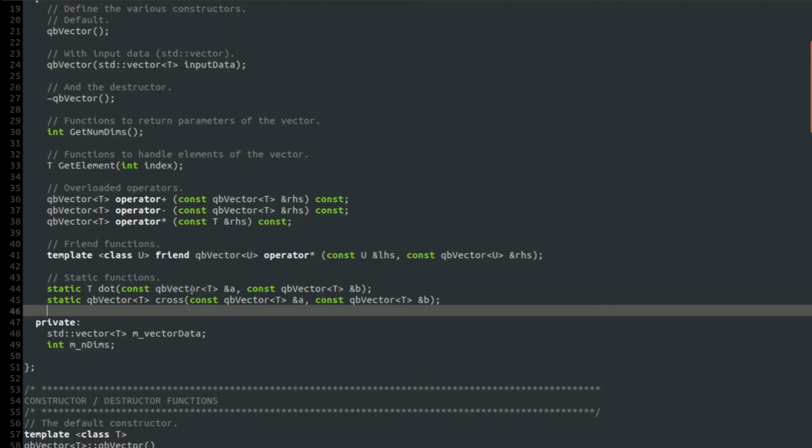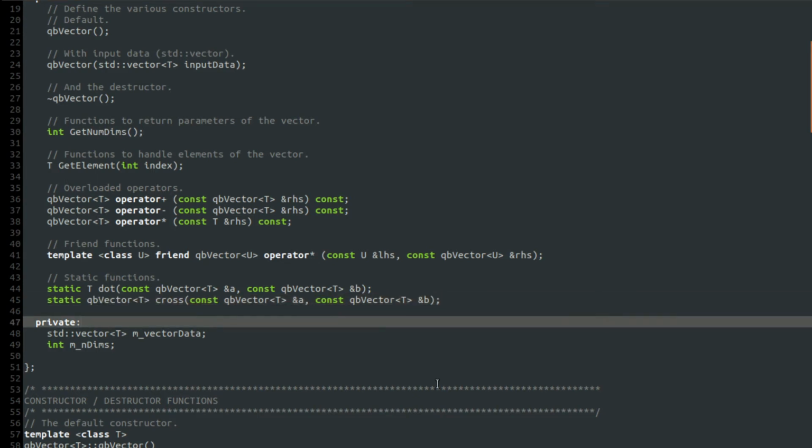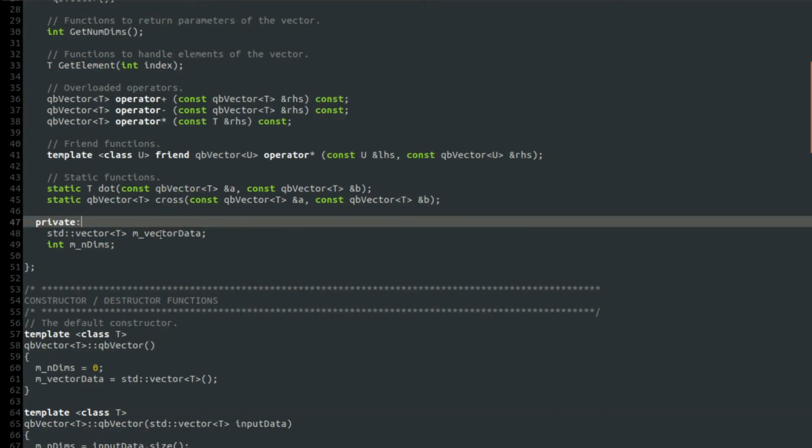Accepts as input two vectors, QB vector instances of type t called A and B. And we also have another static function for the cross product, which accepts as input again two QB vector instances, but this time returns an instance of the QB vector class of type t. And then in our private section we just have our vector data, which we're storing using an std vector class,